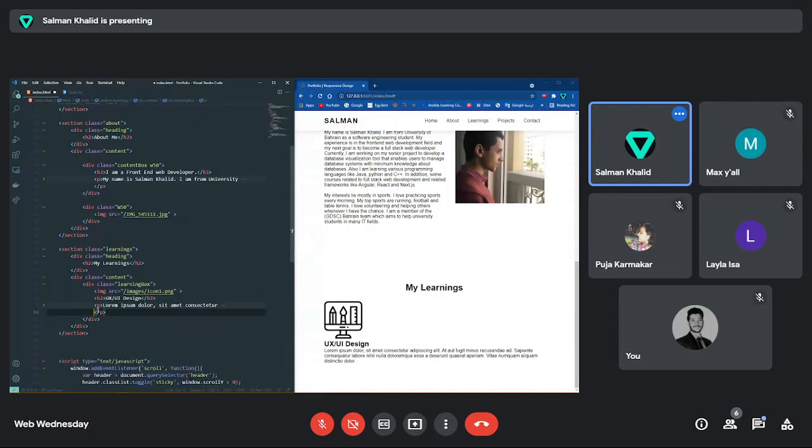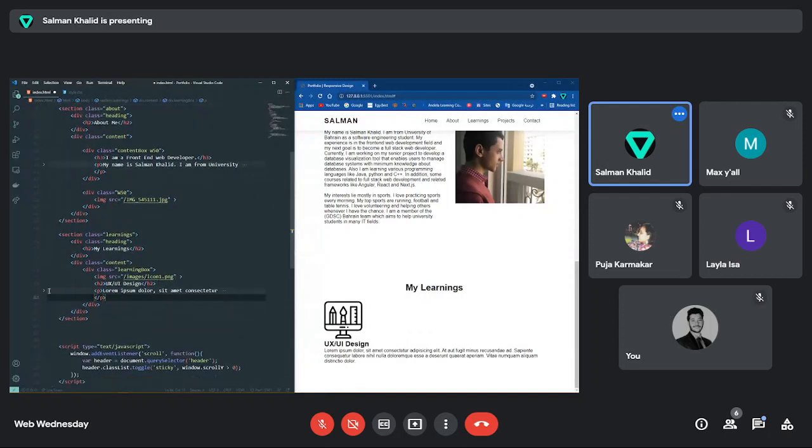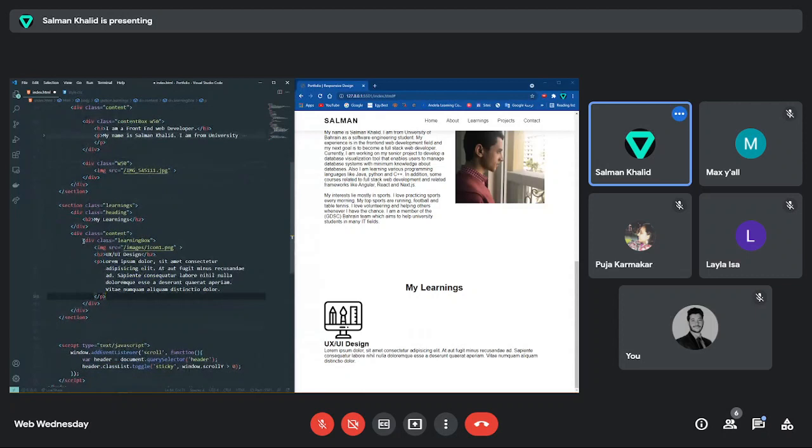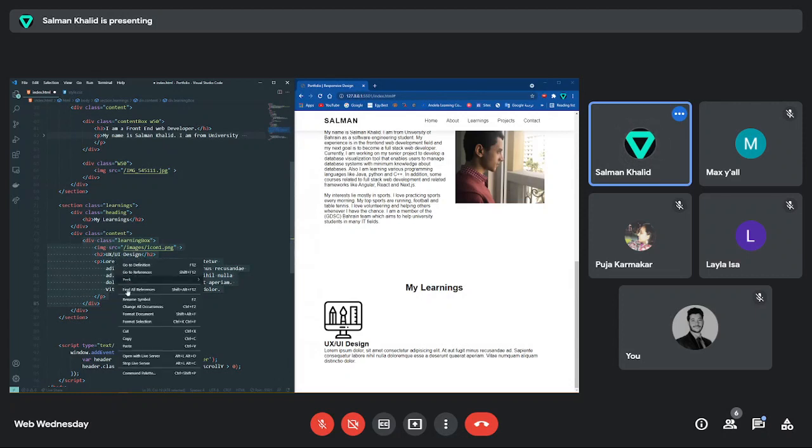Taking too much, so I'll minimize it. Just this. So that's what we edited inside my content. This division right here. Division learning box. I have icon 1 and my title here, this one, and the paragraph. Okay. I want to show many things like this one. So I'll just copy my learning box. Okay, copy it all